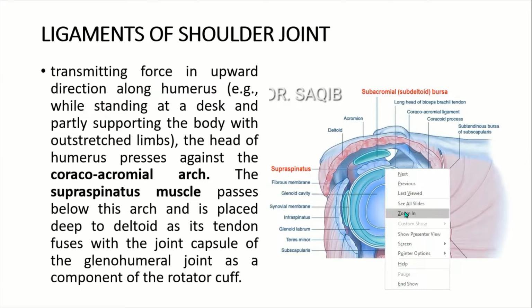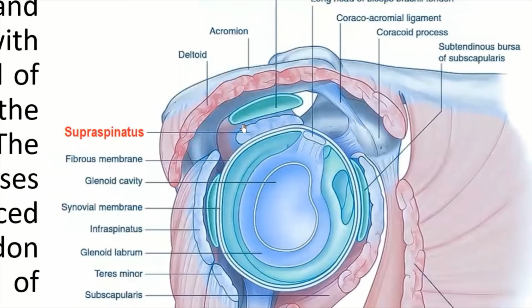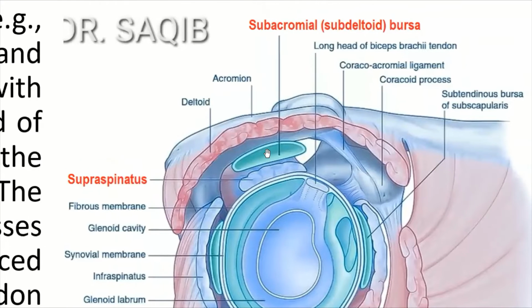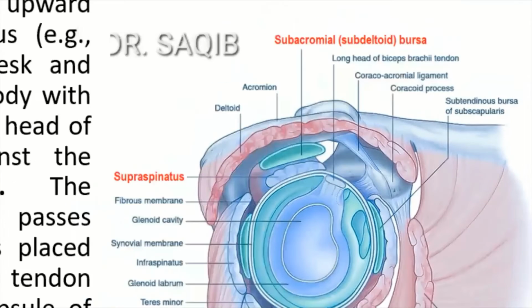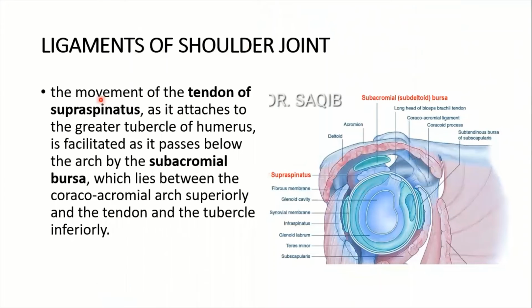So here you can see another beautiful picture, right? This is the supraspinatus muscle. And you note over here, this is the subdeltoid subacromial bursa. This is the bursa, subacromial, and below that is the supraspinatus muscle. This is one of the rotator cuff muscles, the supraspinatus, and it blends with the joint capsule over here, right? So the movement of the tendon of the supraspinatus as it attaches to the greater tubercle of the humerus